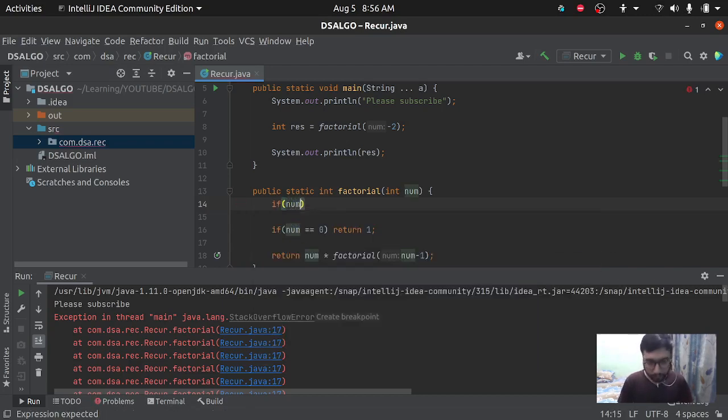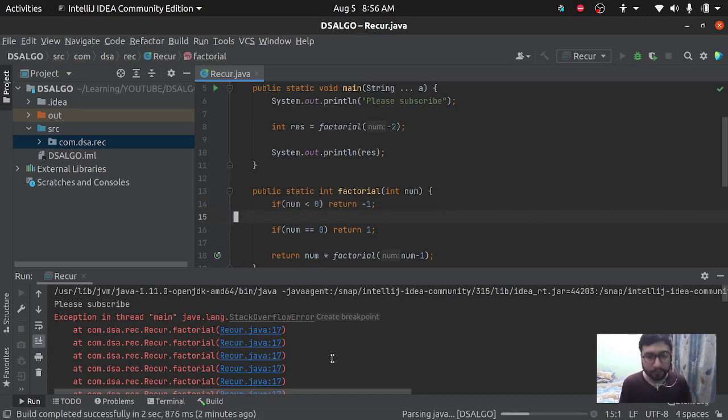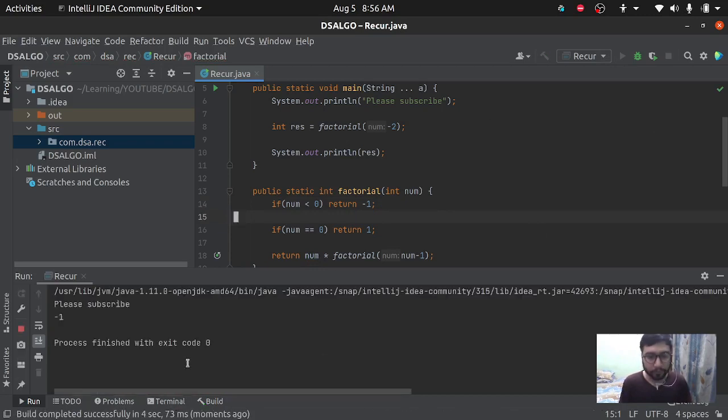So if number is less than 0, then return -1. Okay, if I type it correctly, it will be -1. Let's run it, and we should not get this Stack Overflow error. Okay, so it's returning -1.